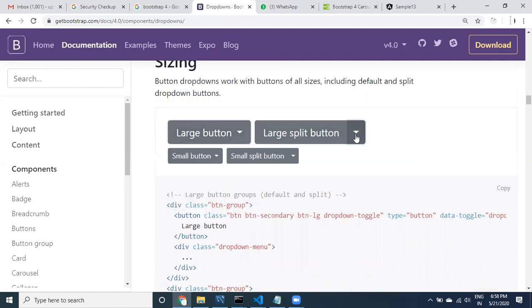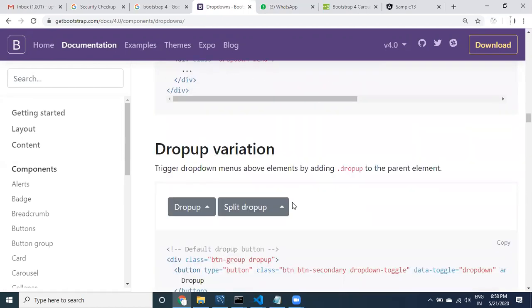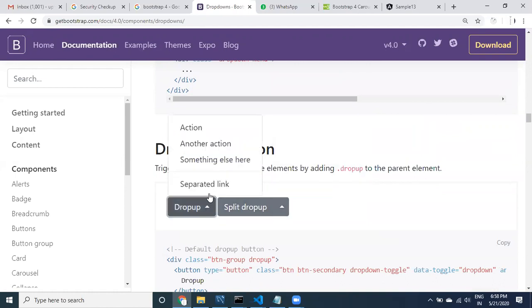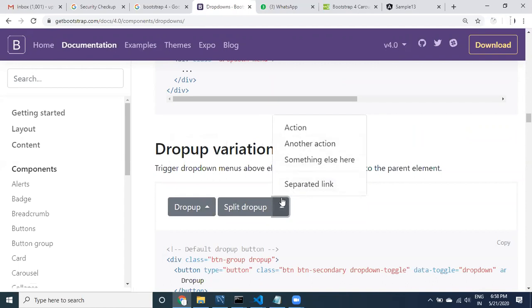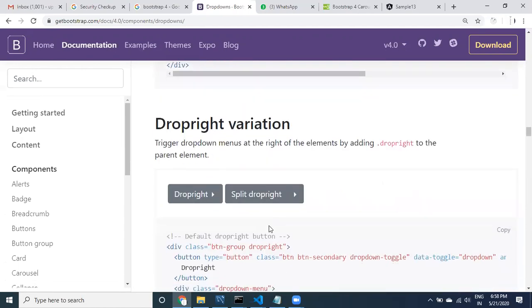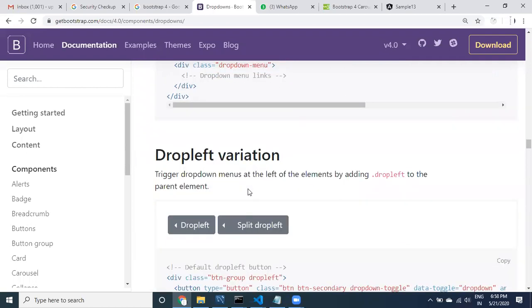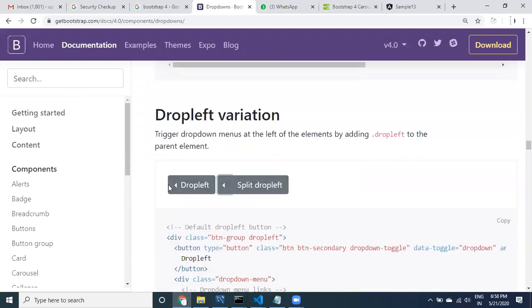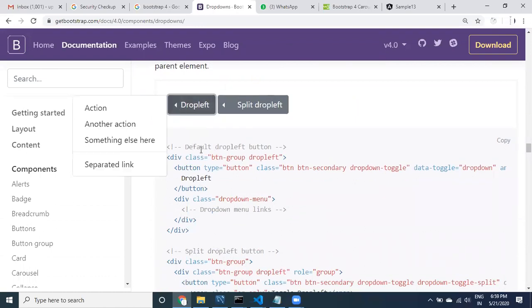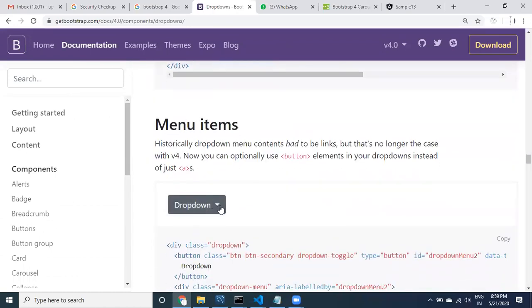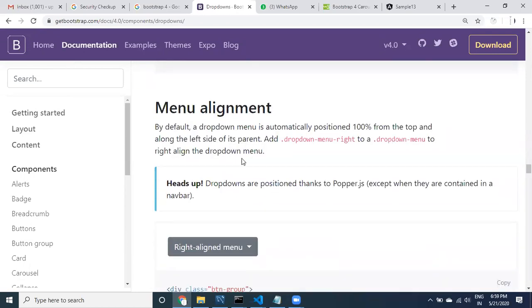So you can take larger buttons or smaller buttons, that's your choice. If you click on here, it is displaying upside, and upright it is displaying right. See here guys, how it is getting displayed in the right side. So based on the design, it is going to be helpful for you. If you click on left side display, see here guys, drop down things can be provided like this. All right, menu items, you can display menu items.